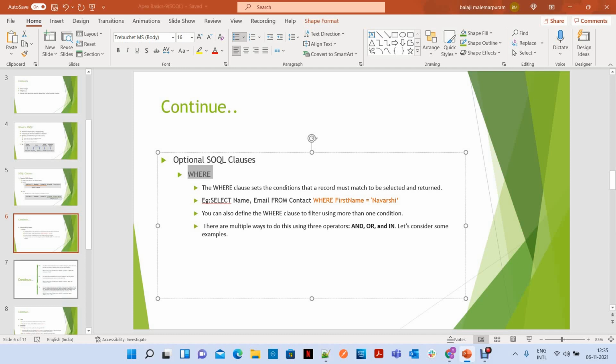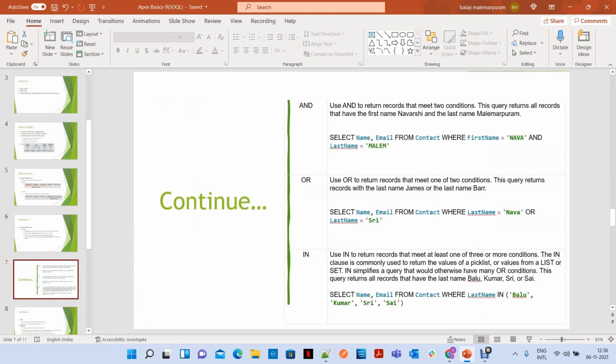One more thing you can do is write these where clauses in different ways, with the three operators and, or, in. Let's see how it looks. If we want to use the and operator in a SOQL query, you can use it like this.